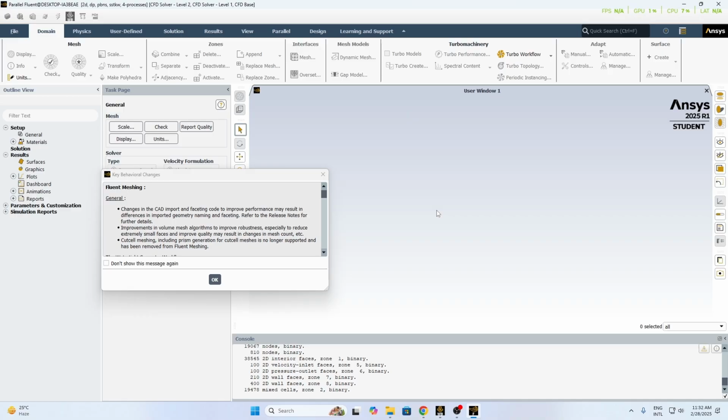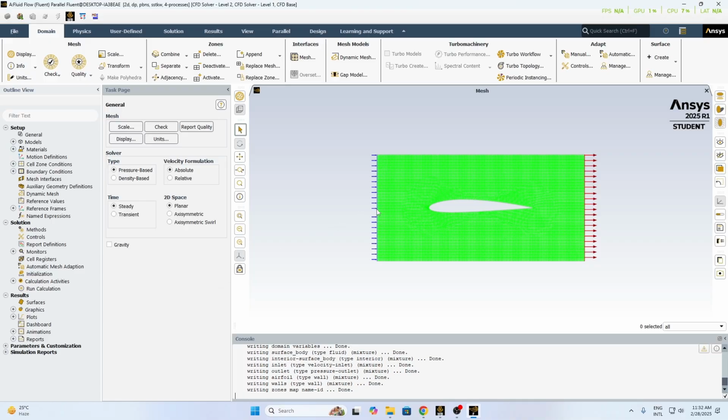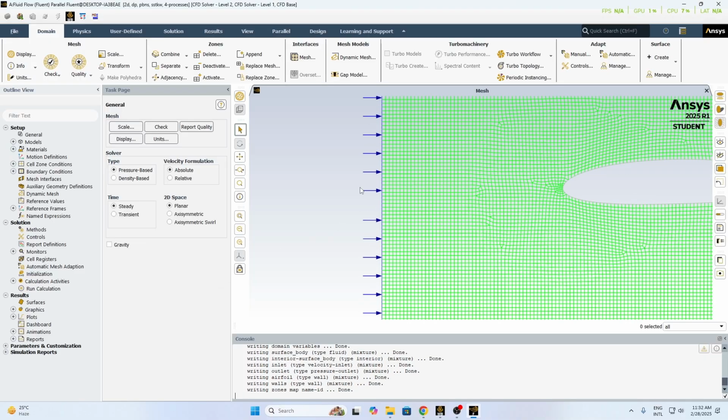You can see this window. This is setup window. Okay, done. You can see this is our outlet,